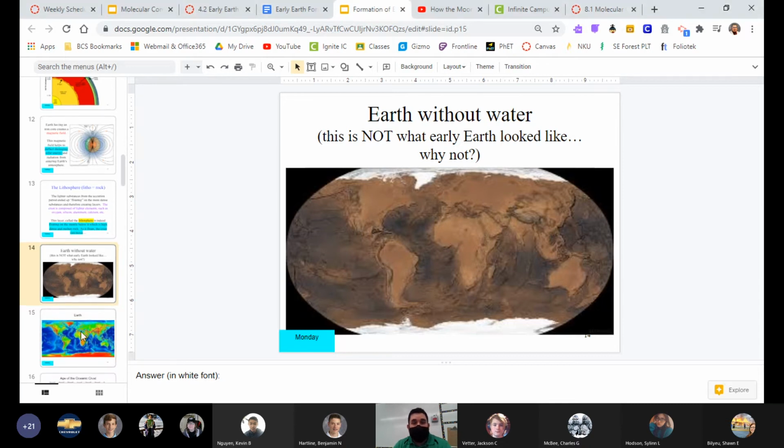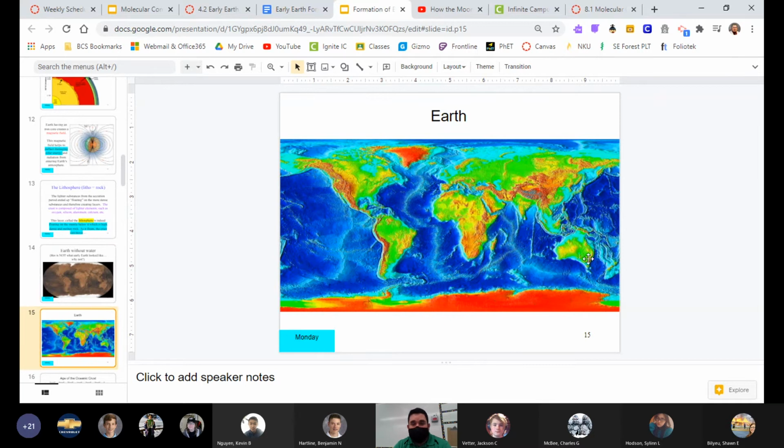All right, so on Earth, we do have a lot of water, obviously. But I like this map here. This map shows you the height. And so we got mountain ranges over here. Some of the tallest places in the world are in the Andes Mountains here in South America. And then obviously in the Himalayan mountains where Mount Everest is located. So we have mountain ranges. And then of course we have really flat areas like top of Europe and Asia. Flat areas here in like Florida and stuff. When the ocean starts to rise, these flat areas are going to be the first ones to go underwater. Okay, because they're really low to the ground, really low to the water.